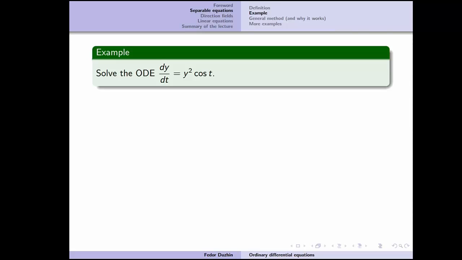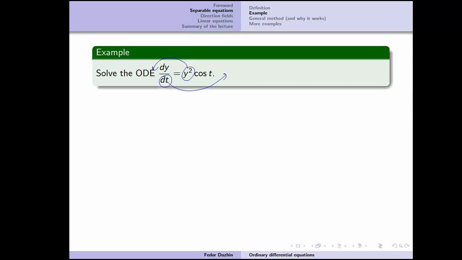Before explaining the general method, let me solve this particular ODE step by step. It's actually pretty funny. In order to solve a separable differential equation, the idea is to separate the variables. So we move dt as if it were just a variable to the right hand side. In a way, we multiply both sides of the equation by dt, and